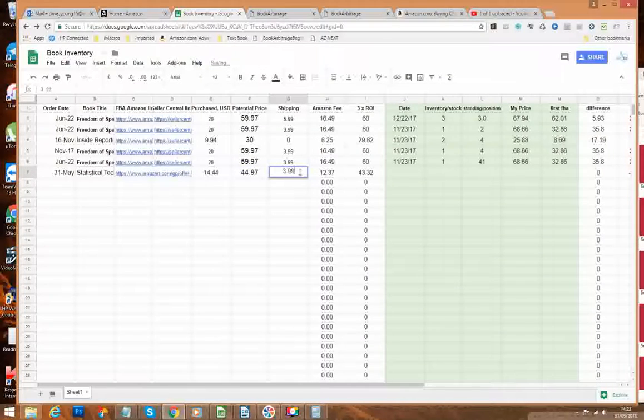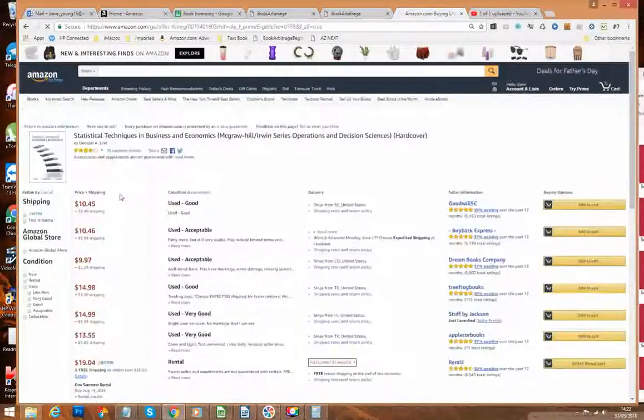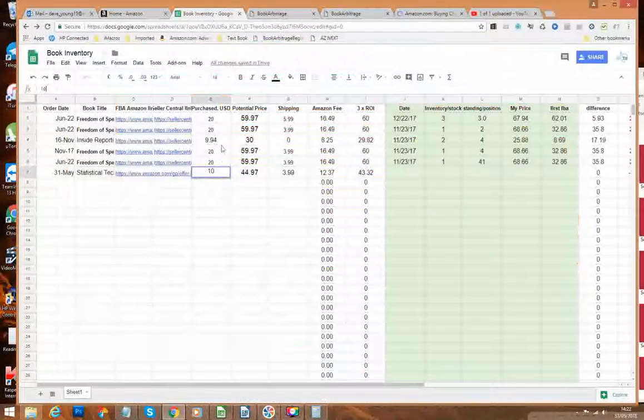The shipping was $3.99. In fact, let's just put that down to 10.45. I've just taken off the shipping there because the shipping goes in there, you see. And what this does, this part, see this code here, this automatically adds this up. So my Amazon fee with the prep fee is going to be roughly that. And then